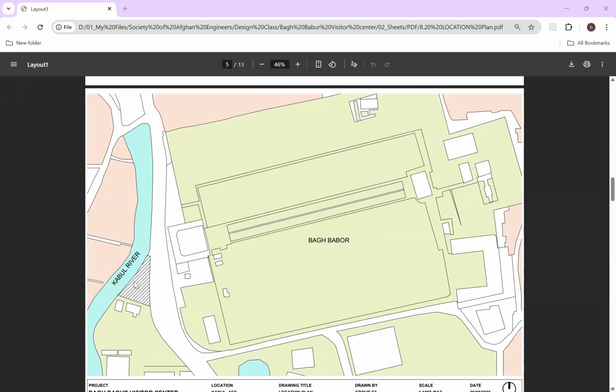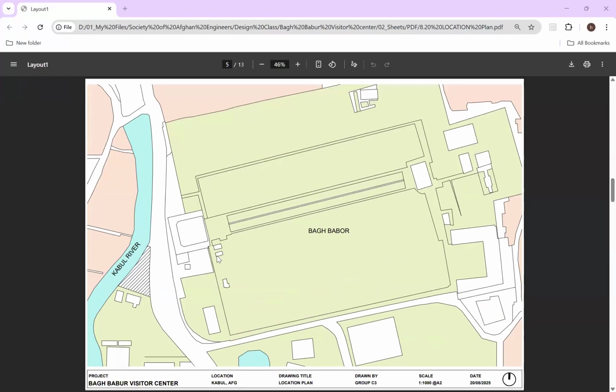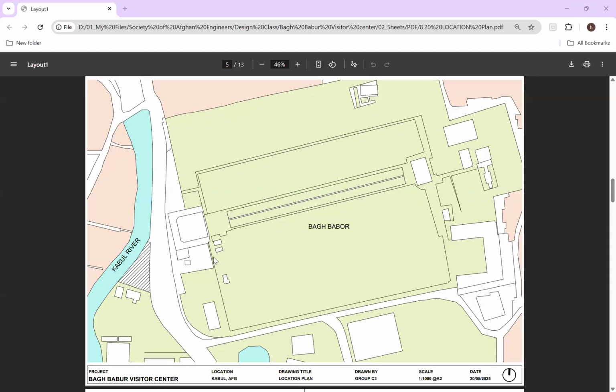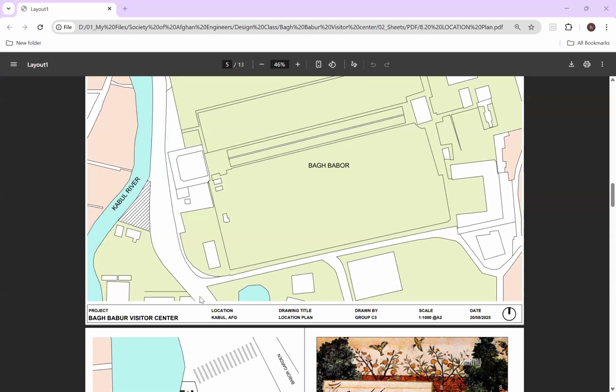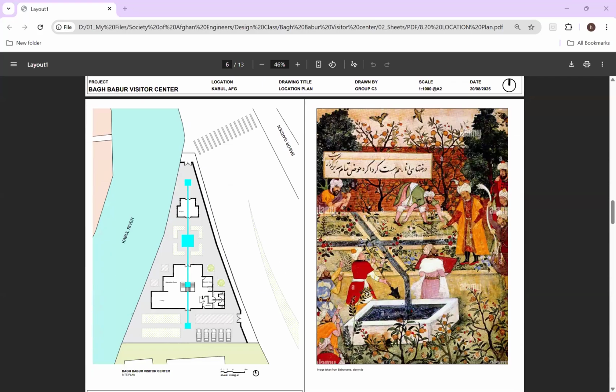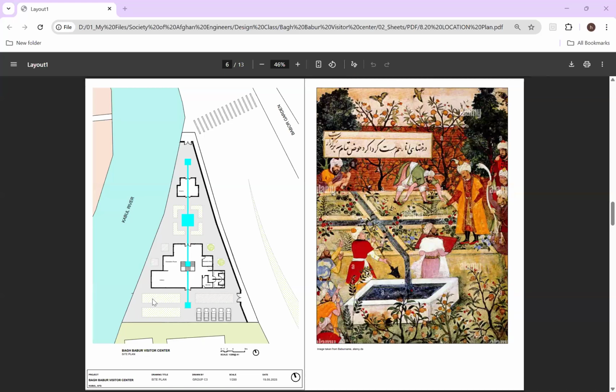This is the site plan showing the location of the site, which is close to the BAGH-E-BABUR and also Kabul River, a very strategic location. We have this road in between the site and BAGH-E-BABUR. This is our site plan. Our main concept was this water feature, which is also used in BAGH-E-BABUR and many other historic buildings in Afghanistan and Kabul. So we have this main water feature in our building, followed by the Charbagh garden concept,